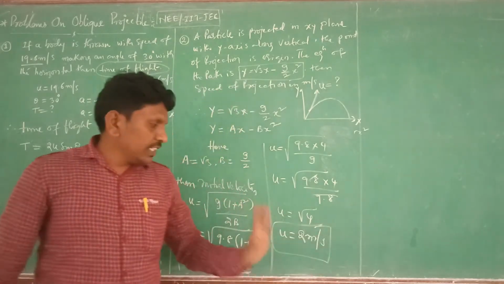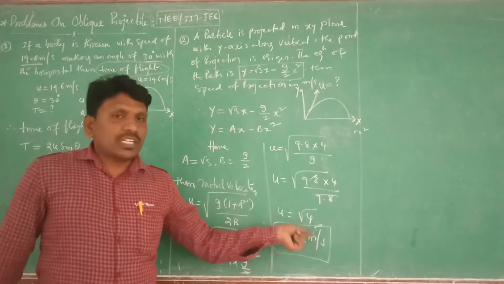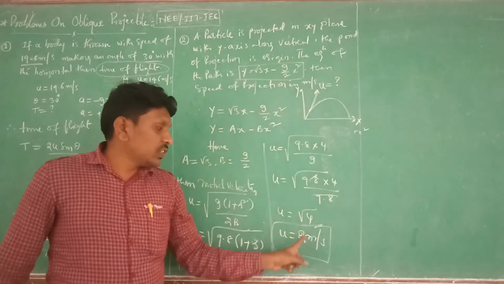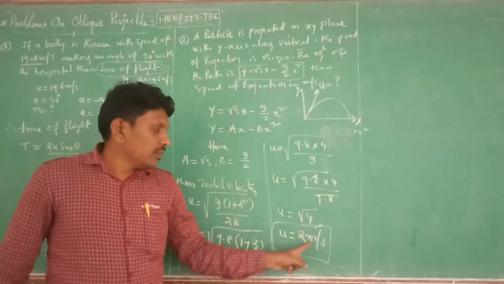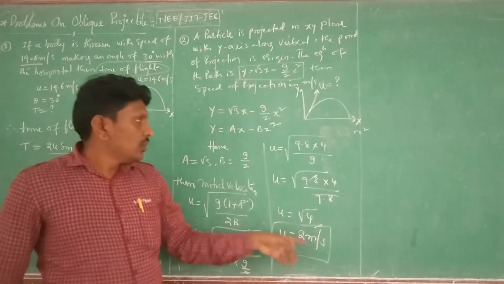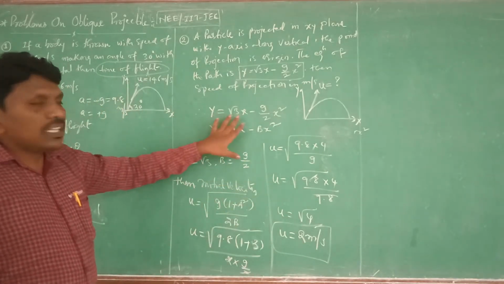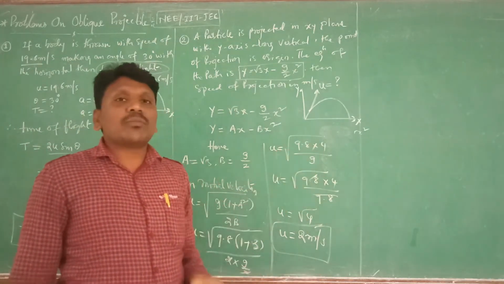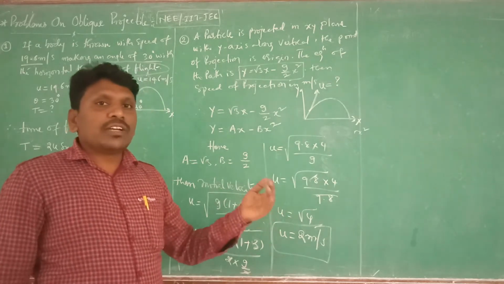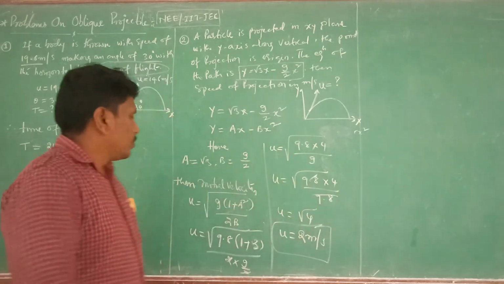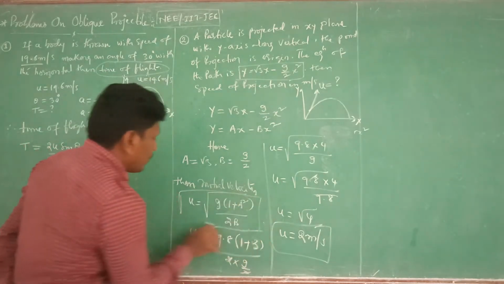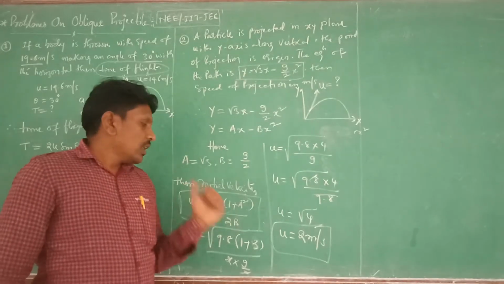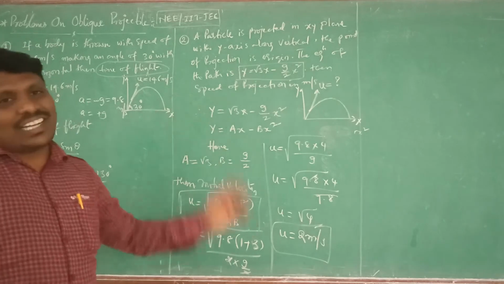Clear? Isn't it? The initial velocity is 2 meter per second. Whatever the object is thrown with some initial velocity, that is 2 meter per second. For every second, it is moving 2 meters. So when a problem is given in this form, we need to go through some formulas like the range formula, a by 2, and the maximum height formula, that is already we have seen. So the formula for this initial velocity is u equal to this one. This is the answer for the second question.